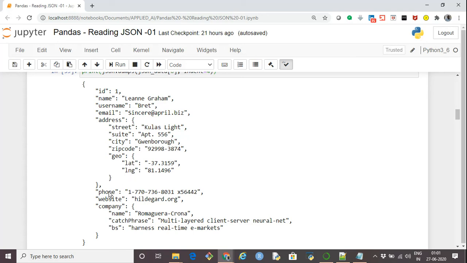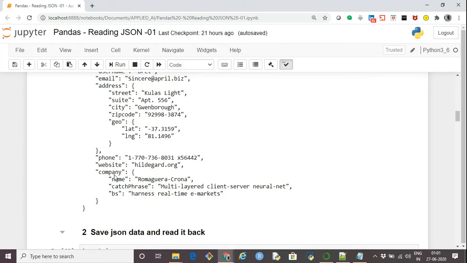Then there is phone, website, company. Again, company is a key which has its value in the form of a key value pair object. So this is what our first dictionary, or the first element of the list, looks like.